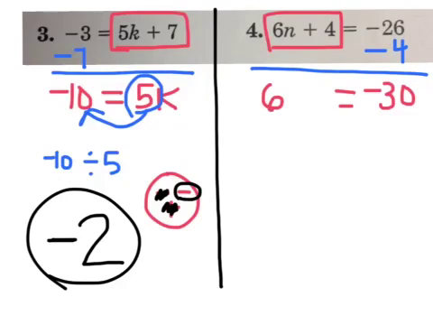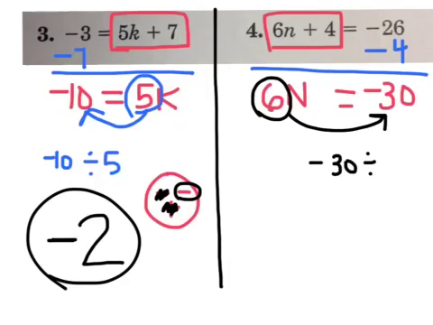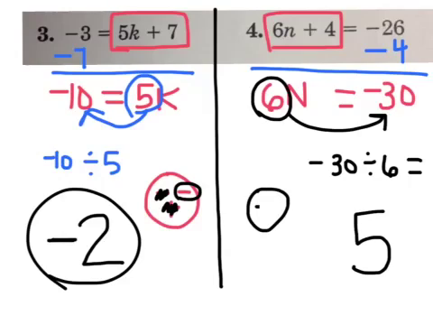I still have 6 times a number is negative 30. So your last step again is going to be divide. Negative 30 divided by 6. So just think about the numbers by themselves. 30 divided by 6 is 5. If you drew the face,